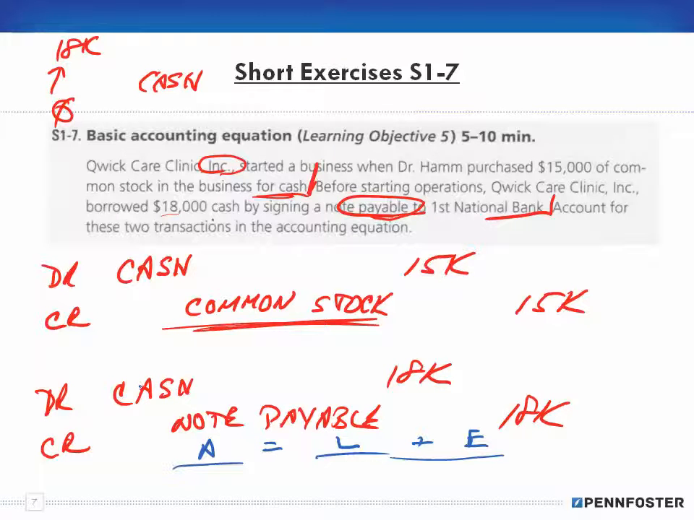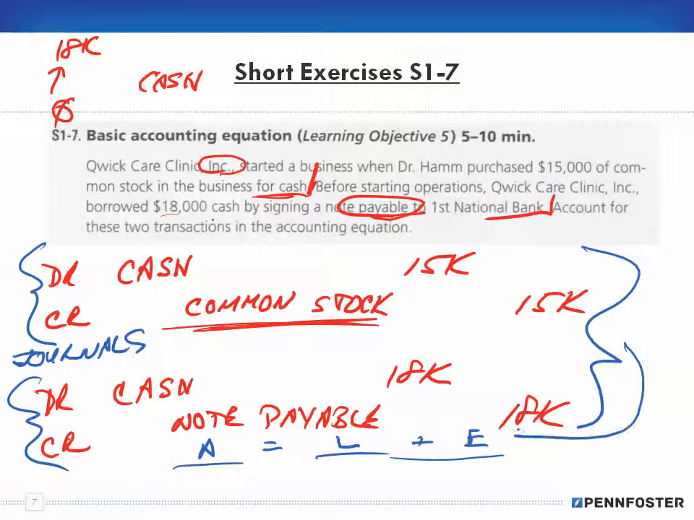Now, when we put information in the journal, we post them to the general ledger accounts, right? So this here is like putting the information in the journals. But now we're being asked to post this information into the general ledger accounts. And when we do that, what we're doing is rearranging the information so that we're